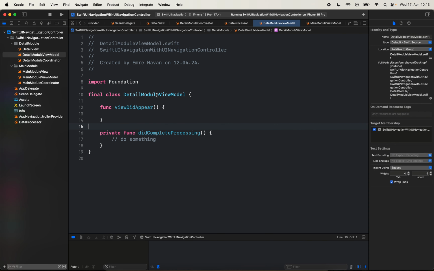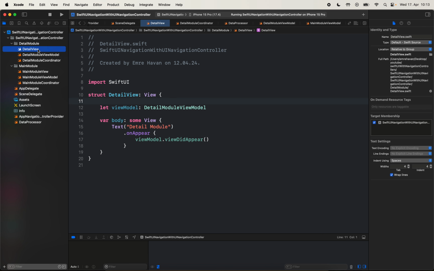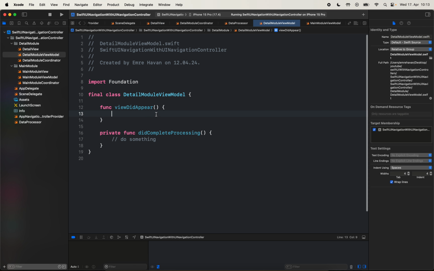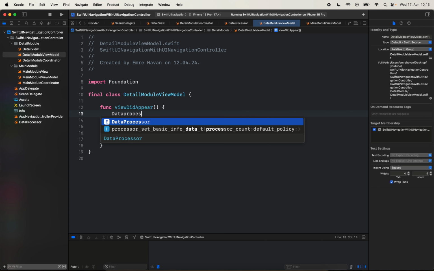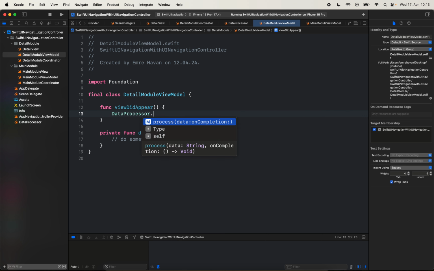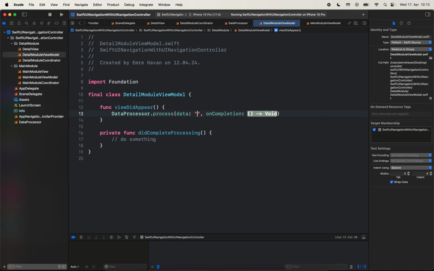And whenever the detail view appears, we want to run some code. I already did some configuration here. So whenever the detail view's text appears, I call viewDidAppear on the view model. What we want to do is, whenever the view appears, process some data through an entity. So let's do that. I have a data processor that I can call. So I'm going to say DataProcessor.process(data: "test"), and on completion, I want to run